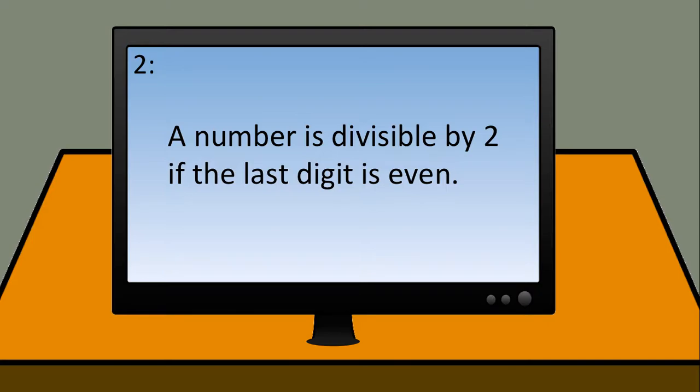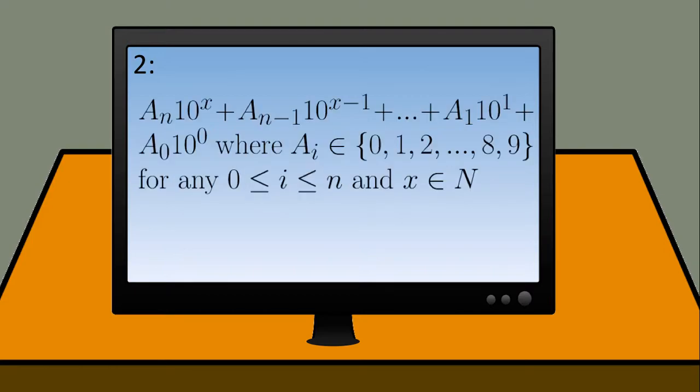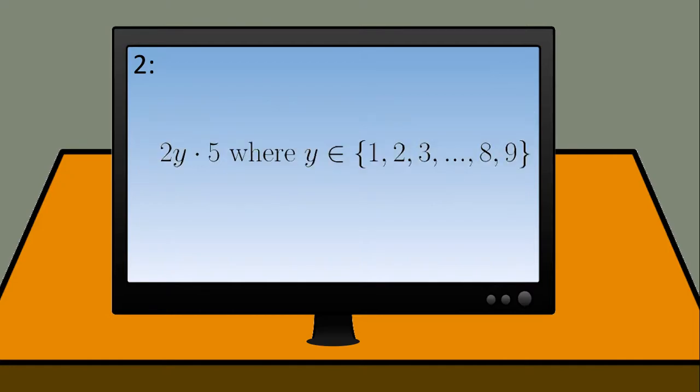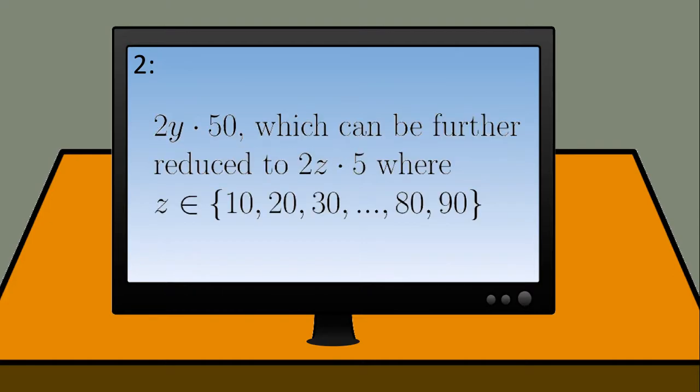A number is divisible by 2 if the last digit is even. Any number can be written in the form shown. A0, the units, can be easily seen whether they are divisible by 2. A1, the tens, can be written in the form shown. A2, the hundreds, can be written in the form shown. Based on this we can say these values are congruent to 0 mod 2. Therefore we can conclude any number is divisible by 2 if, and only if, the last digit is divisible by